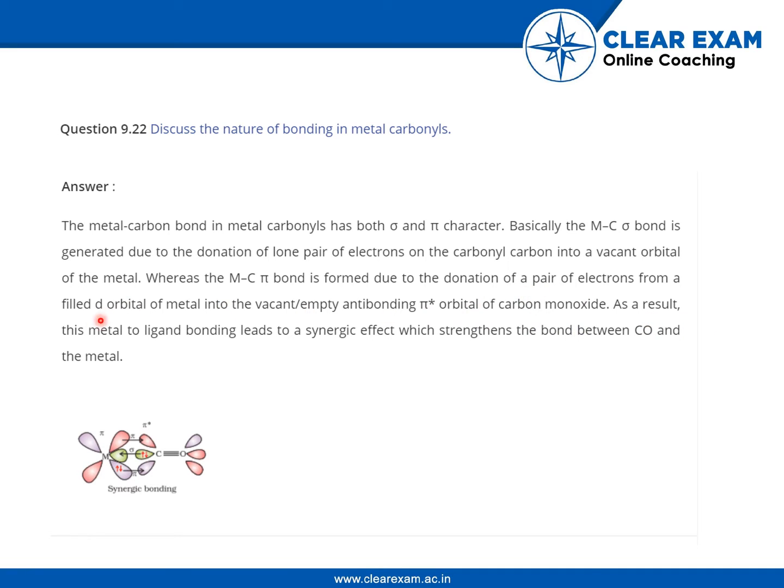As a result, this metal to ligand bonding leads to a synergic effect which strengthens the bond between CO and metal. So what this entire paragraph means is that this is CO carbon and this is the metal. Okay. So what is happening inside the coordination compound is that carbon is providing an electron and forming a bond with